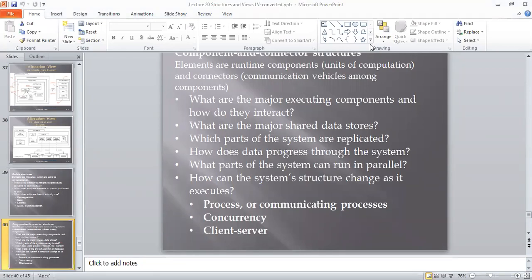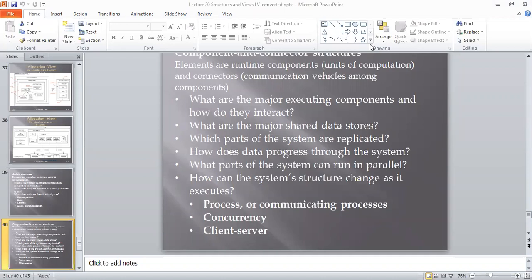So while considering allocation, the relationship between the software elements and their elements in one or more external environments, how it reacts, is known as the allocation structure.